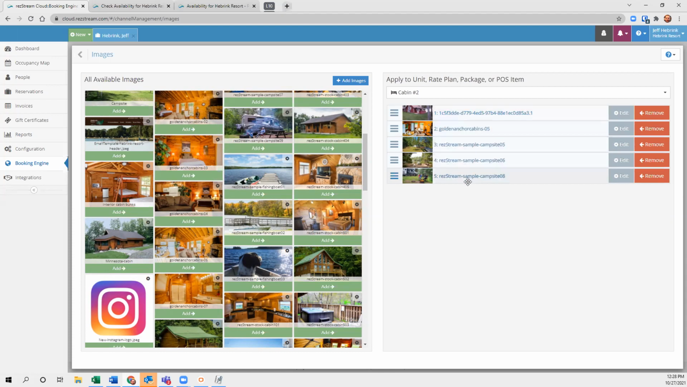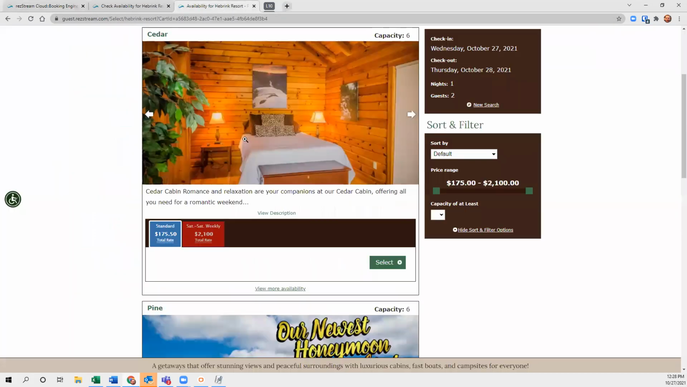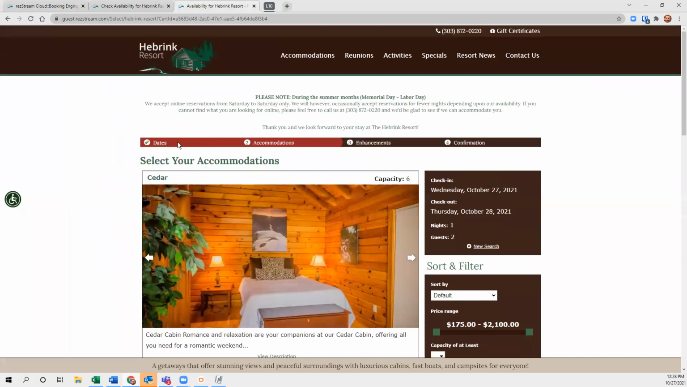It is important. People do take that into consideration. The last thing on the booking engine part, this ties into your website too, is